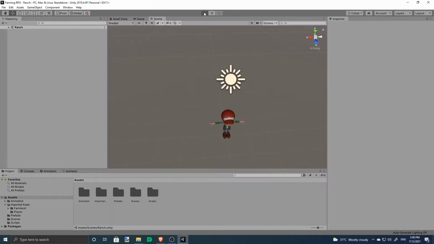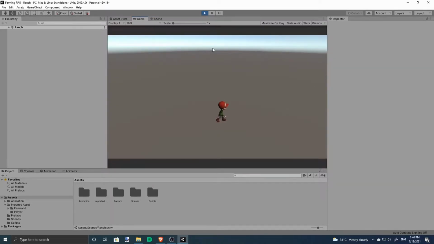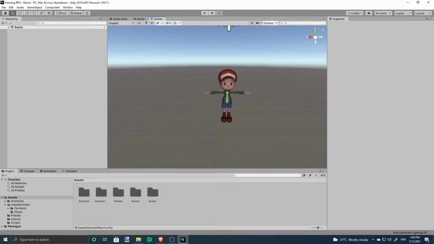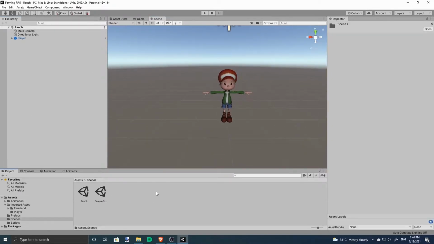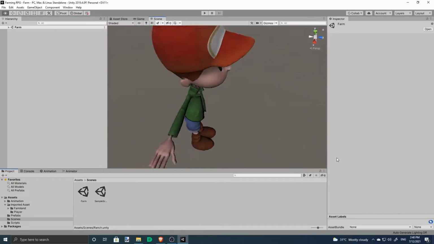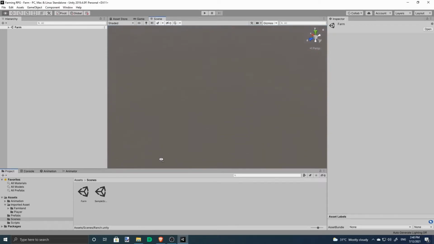So far what we've done is that our player can move around with the camera following him. So today we'll be starting on the farming system for our game. But before all that, there's a small change I want to make. Let's rename this scene from branch to farm. It's just a minor thing, mostly because we're not just messing with animals, we'll be working on the farming system first.